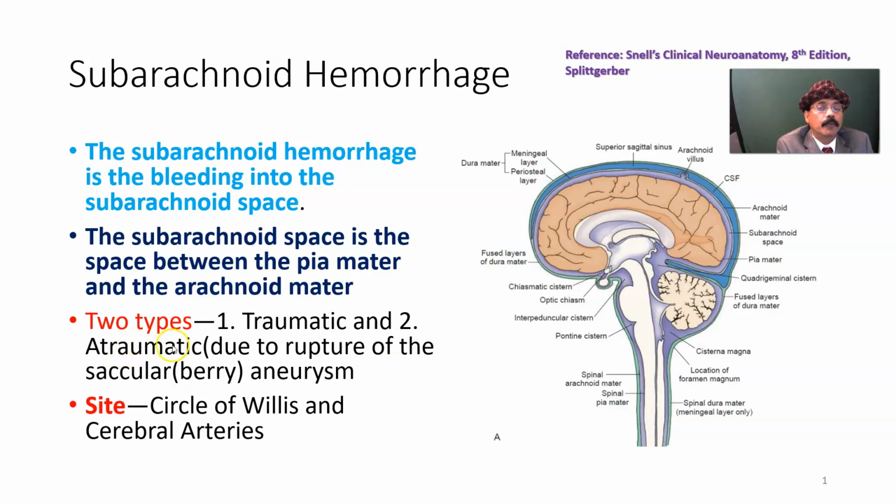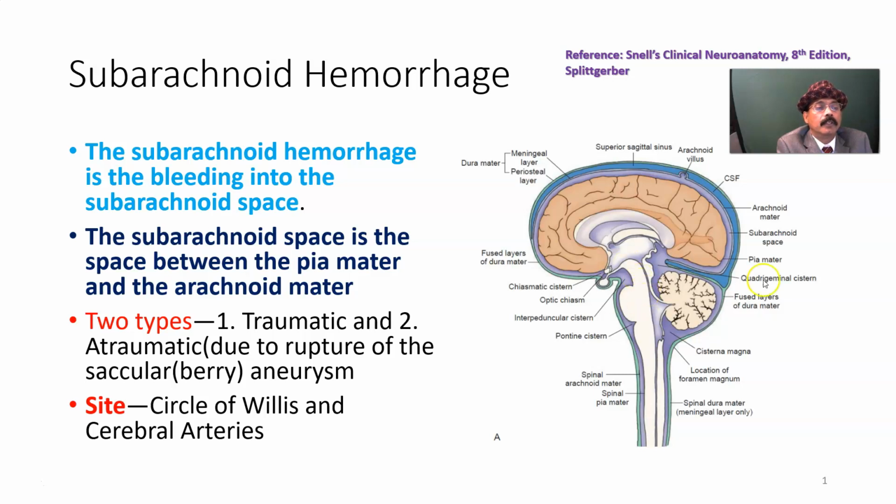We have two types of subarachnoid hemorrhage. One is traumatic, any injury to the head, any part. So entry of blood into the subarachnoid space is the subarachnoid hemorrhage. Atraumatic usually happens in the circle of Willis and the contributing arteries to the circle of Willis and the branches